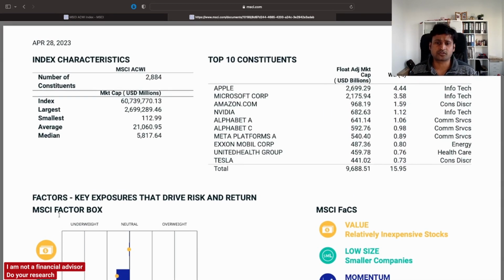And the top 10 constituents, what you see here, are also really concentrated towards American stocks. There is no company outside of America. So it's like an S&P 500 or MSCI World, and that's not much of a difference if you look at the top 10 constituents. Around 50% is already coming from the top 10 companies, and then you have 2,885 stocks. So the bottommost companies would have a weightage like 0.01 or 0.02%, which has no significant value in the development